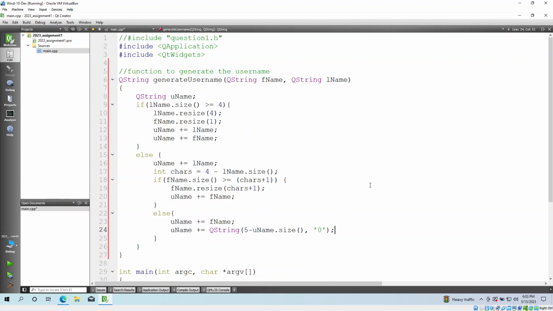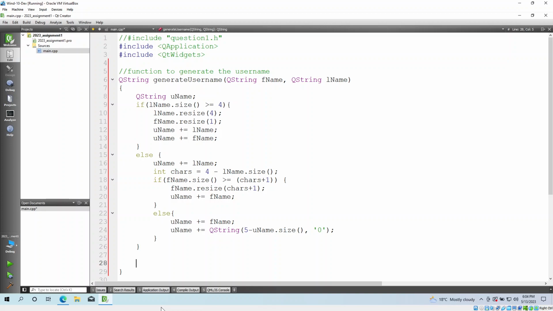Okay, so that's that one. So that solves our query of how to get the username fulfilled with the different